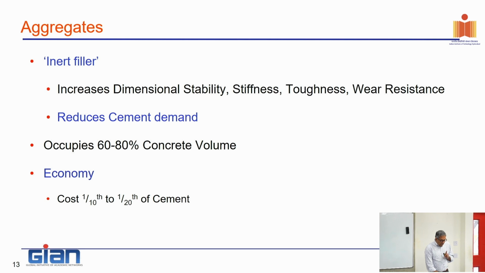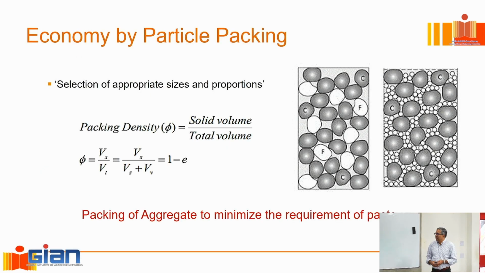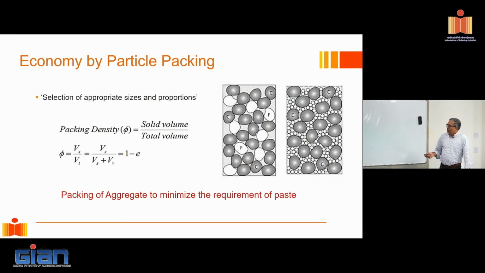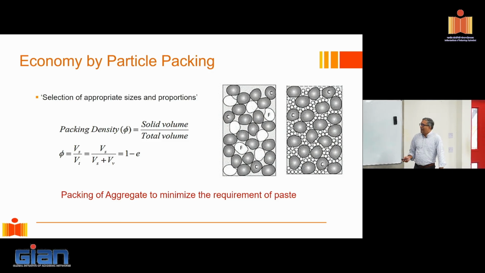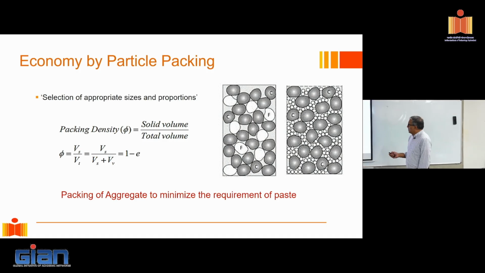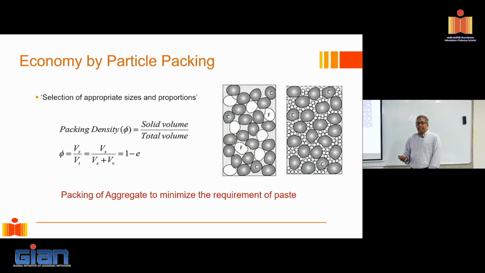So now with my first objective, which is to minimize the cement content, I have to look at this packing. Broadly, how would we look at packing? Suppose I was to pack a unit volume. I pack in solids in there, and I look at the solid volume as a fraction of the total volume. That's what I want to maximize, this packing density, which is basically the solid volume divided by the total volume. If I achieve a larger number, that means I've managed to pack more solids in there. Remember, whatever is not solid in here is basically paste.